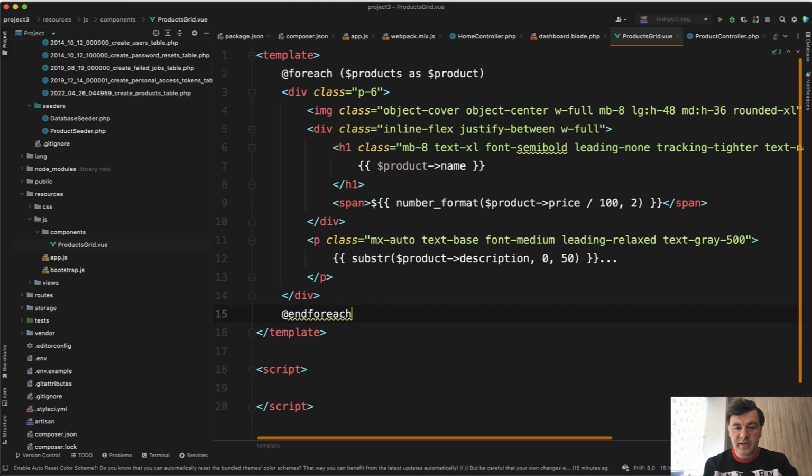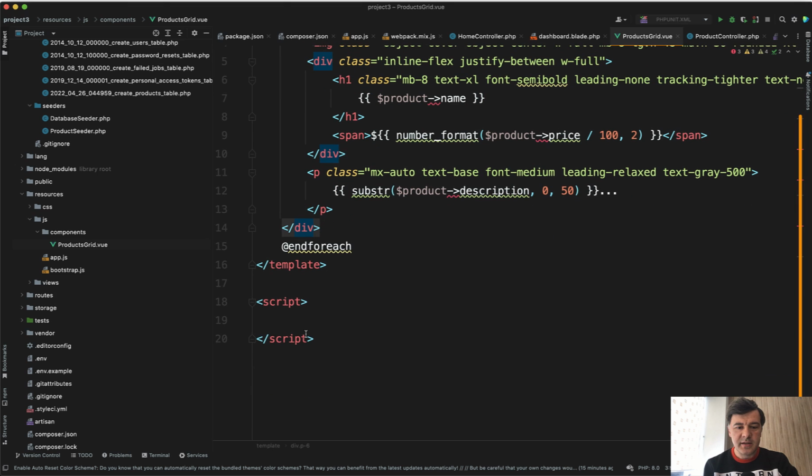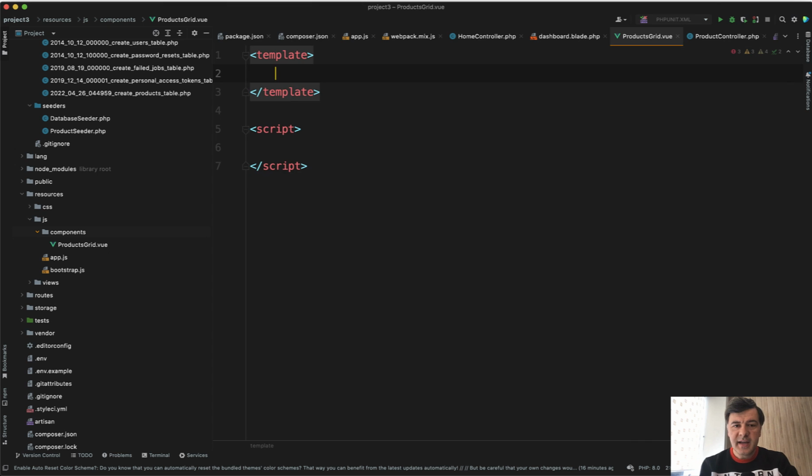So we paste that from the blade, and we will replace foreach in a minute, because Vue.js doesn't know anything about blade syntax and foreach. But basically, this is what we will have in our component visually, and script will contain the code to call the API, get the result, and assign the variable which we will use instead of products. But for now, let's just delete all that foreach loop and put static text in here. For example, coming soon. So I will show you that the page is loaded actually from the Vue.js and not